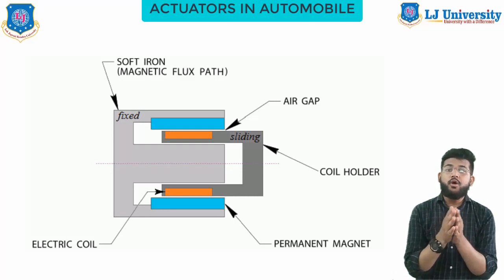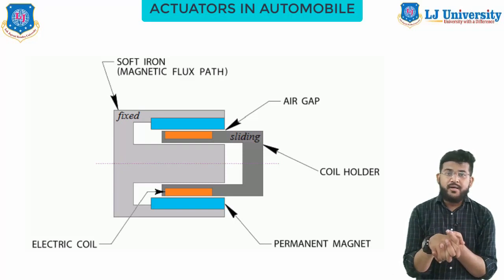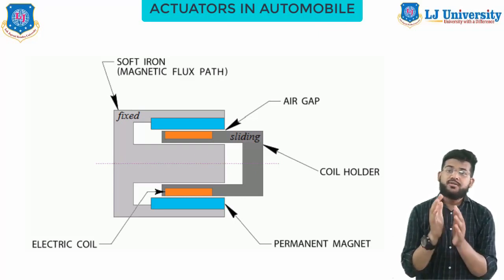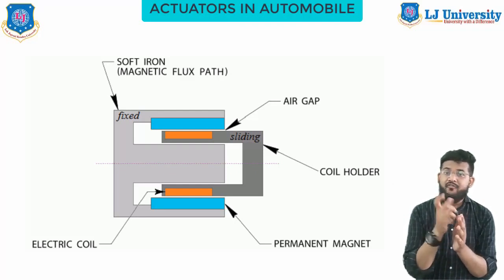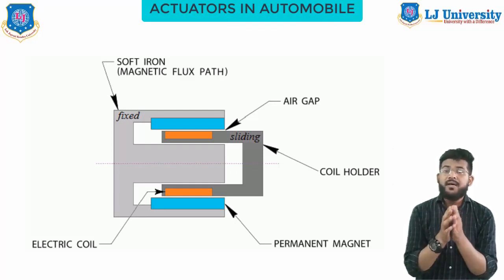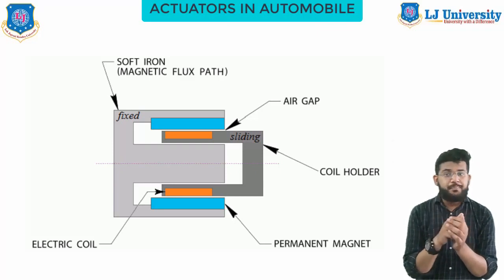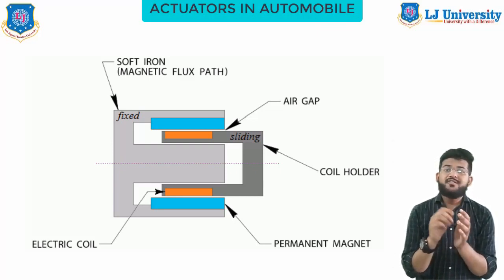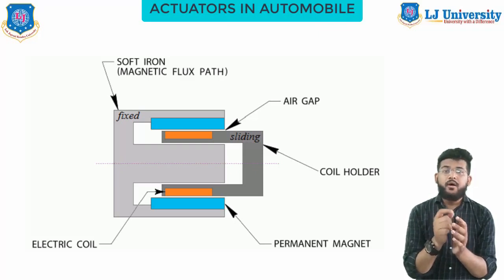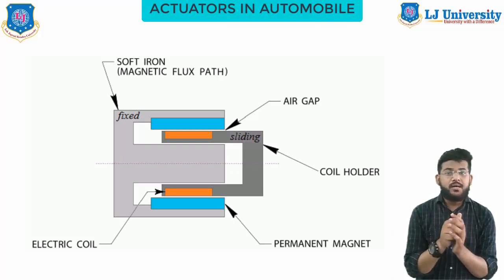Third one is moving coil actuators. These actuators are also called voice coil actuators, and it is also a kind of linear actuator which moves along a line. In this type of actuator, the coil is enclosed in the magnetic housing and excitation current is passed through this coil. This current produces magnetic flux from the coil winding. Based on the Lorentz force principle, the force developed is proportional to the product of the magnetic field density and the current.